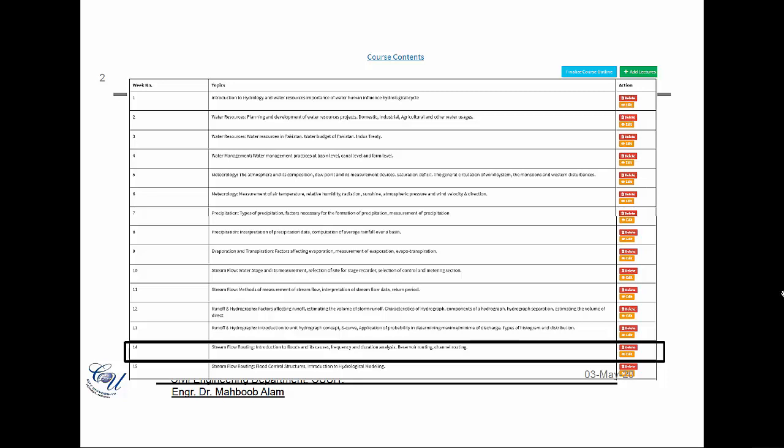We are reaching almost to the end of our course contents. We went through the runoff and hydrographs in the last lecture. We went through unit hydrographs and the way how to calculate the unit hydrographs. So we went through those things